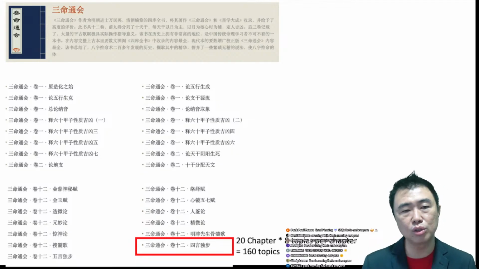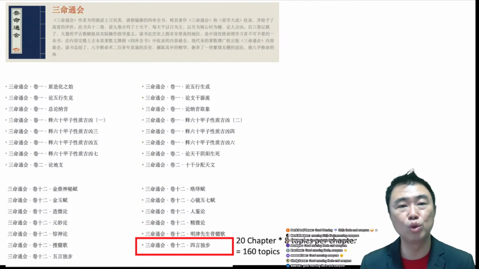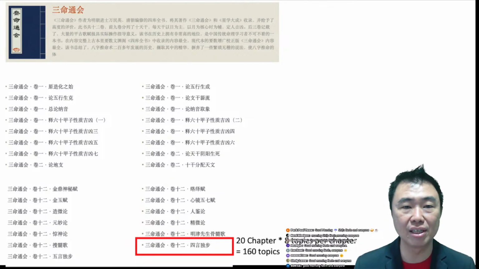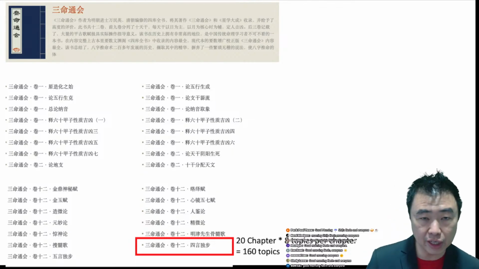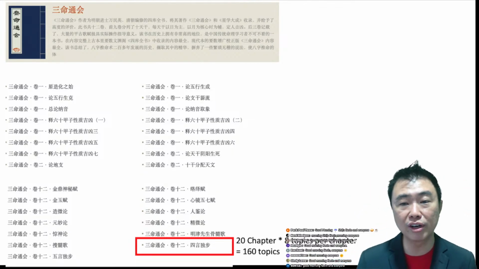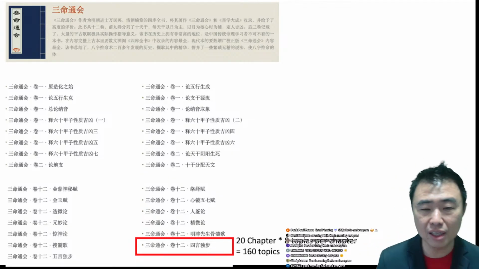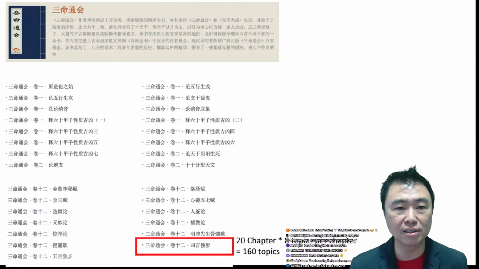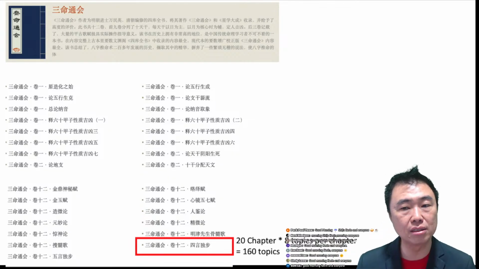So now, tree harmony is just one of the topics that is discussed inside, right? If you guys want, you can go and do your own research, right? You don't need to rely on me to do the research. Go ahead. These are all available on the internet, right? For those of you who are super lazy, just ask ChatGPT to give you an answer, although it's not very reliable. I tried already, right? At this current moment, it's not very reliable because the database that they are using is not reliable. Maybe one day the database becomes more reliable, then the answer would be better. But right now, the quality of the answer is pretty low. Okay, right? So this is just for you to know that it's not that easy.